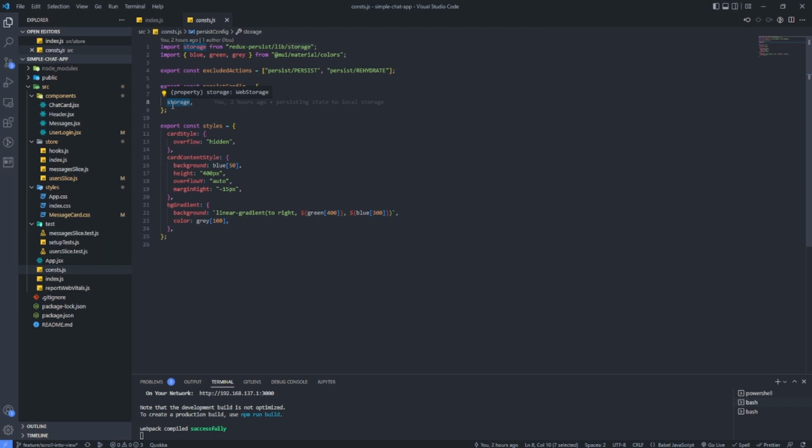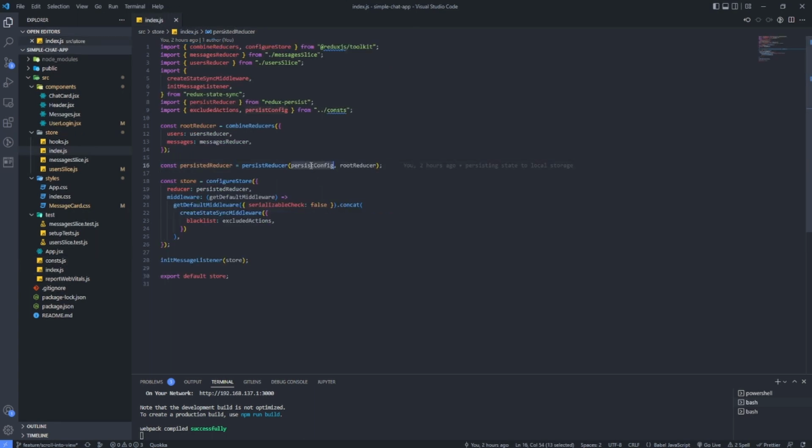This is basically going to use the web storage or local storage. If you want to use cookies, you can pass cookies instead, or if you want to use sessions, you can pass sessions instead. I think local storage is pretty good to keep the data until the user actually clears it. So that is the first option you pass to this persist reducer function, and then